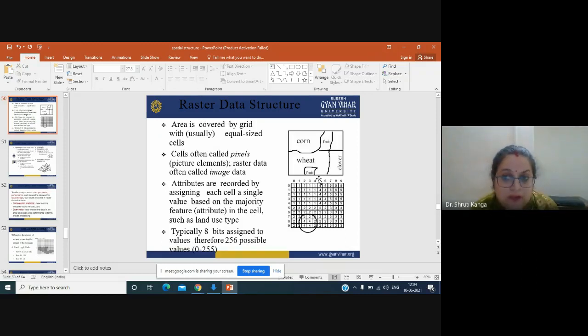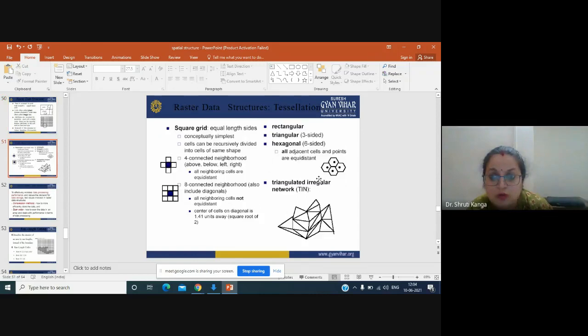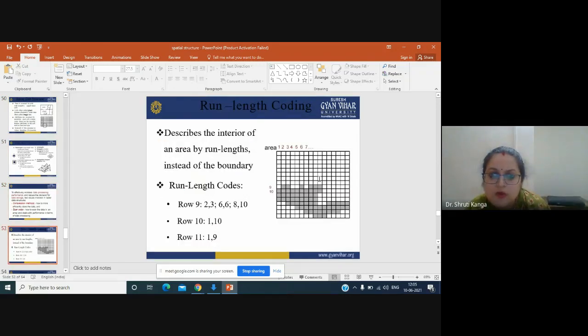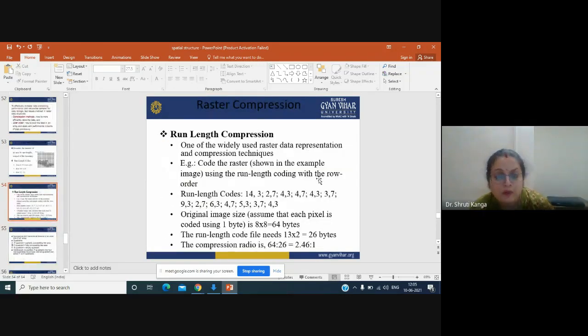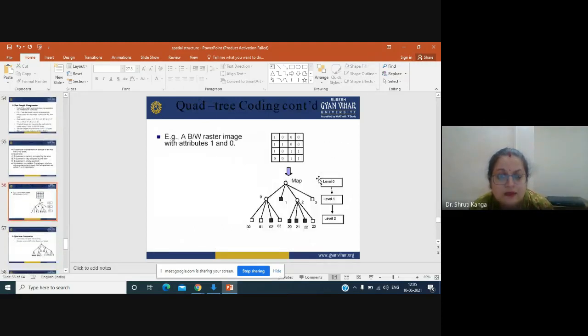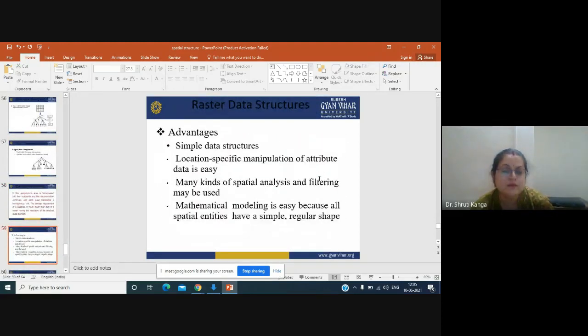So we call that function reclass. We are reclassing wheat into fruit based on maybe field truthing, or maybe based on the historical data which you found later on. Okay, so the shifting or manipulation of data is easy in terms of this location specific attribute data classification. ठीक है, in terms of raster data sets.